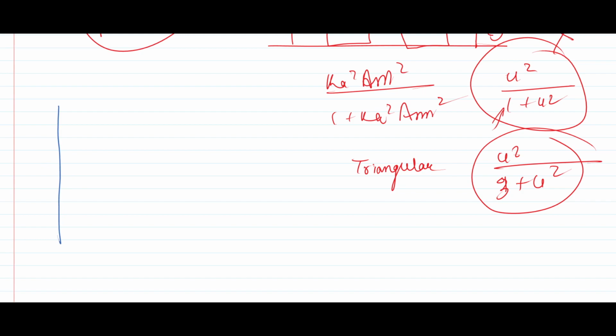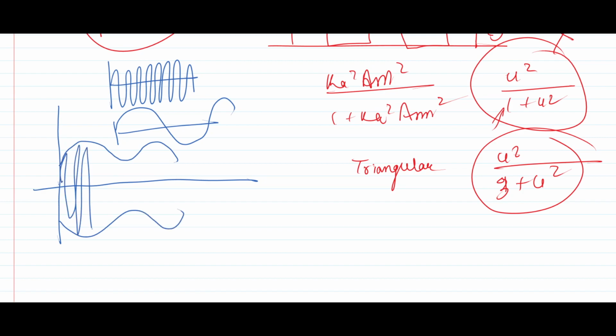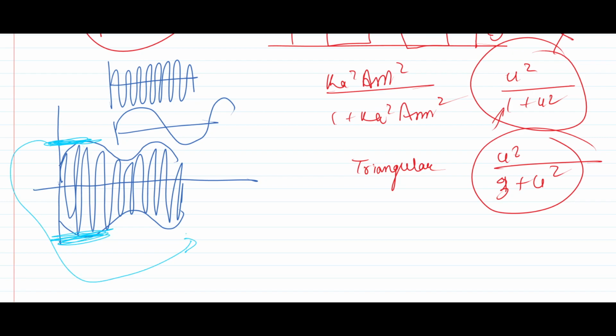So you are changing the amplitude of the carrier signal. Let this be the carrier signal and this be the message signal. When you change the amplitude of the carrier signal according to the message signal, what will you get? I'll draw the same signal again, and I'll draw the carrier signal inside it. I won't tell you how things come because it's the time to know things, and I'm only here to make you remember all the things which are important for the ISRO examination. So what would be the maximum value?